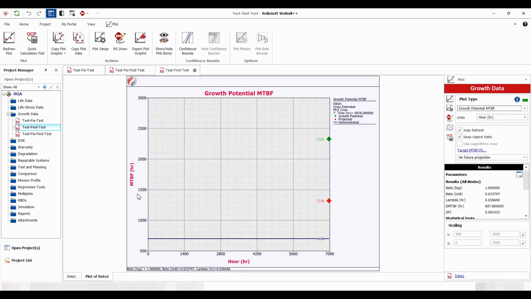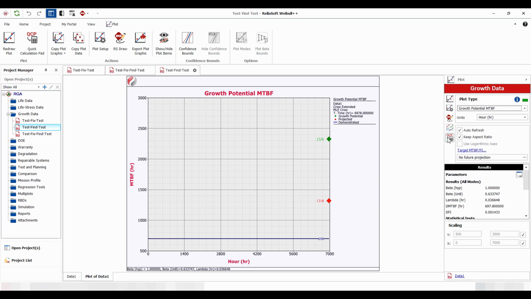That projects the MTBF as a function of time, and we can see that our projected MTBF stays flat because we don't actually do anything during the test, because all the modifications are postponed to the end of the test. That translates into a jump in the MTBF to a projected MTBF, from 698 to 1318. Then, on the basis of the discovery of failure modes recorded during the test, read from the modes column, it will also give us a projected growth potential